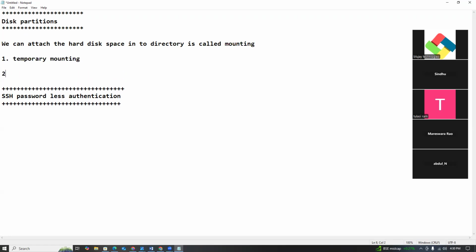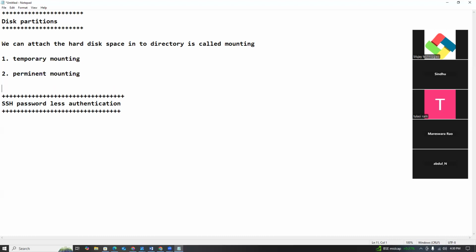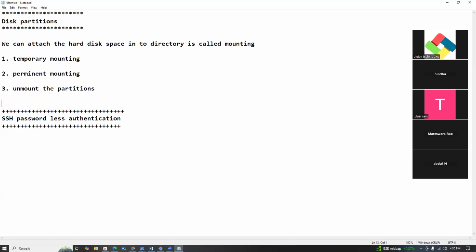You already know temporary mounting and permanent mounting, we already showed it, right? The third one is unmounting the partitions. So temporary mounting is nothing but